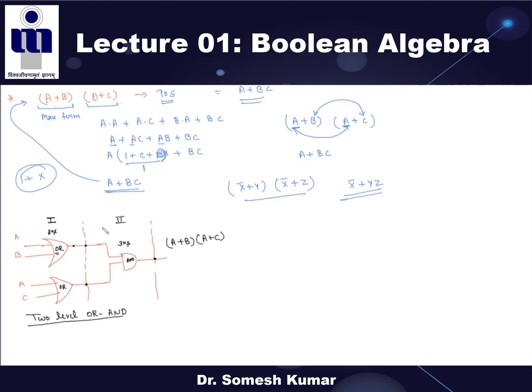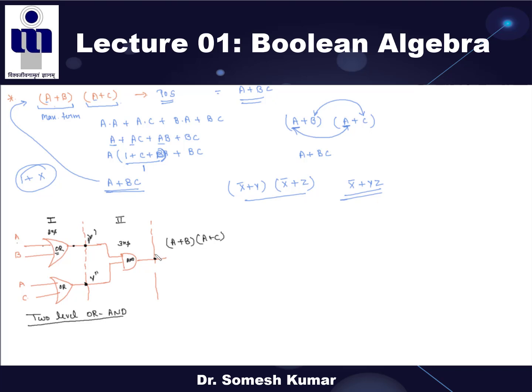See, all the gates in digital electronics have some minimal delay, right? So here I am saying both OR gates have 2 nanosecond, right? So if the input is given A, B and A, C, then at these nodes, after how many seconds will we get the output? These nodes we can call the nodes Y dash and Y double dash. After how many seconds will we get this Y dash and Y double dash?